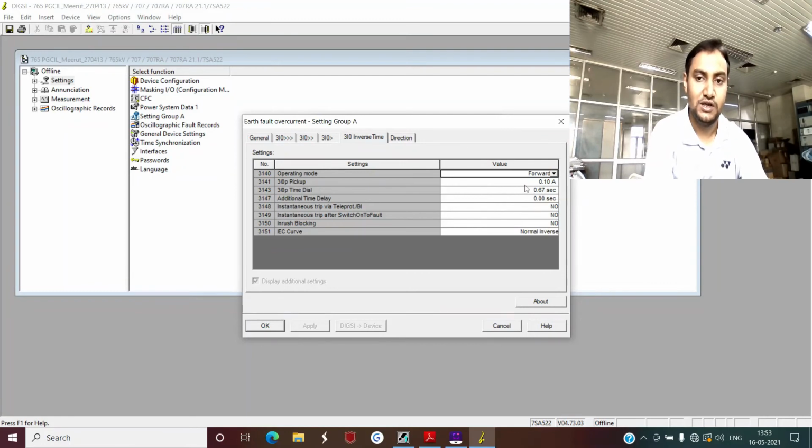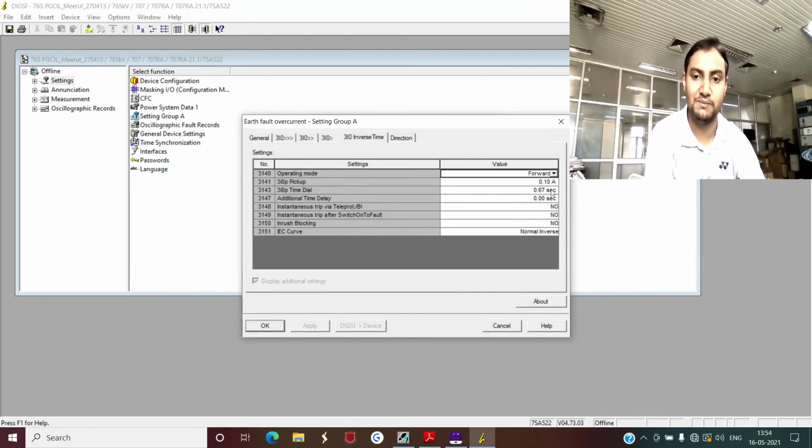So now suppose the relay detects a current magnitude of 0.1, that is 100 milliampere in the secondary. In terms of primary, suppose your current is 300 ampere, and then your timer will start. Now if the relay detects a fault current of suppose 3000 ampere, your relay will issue a trip command